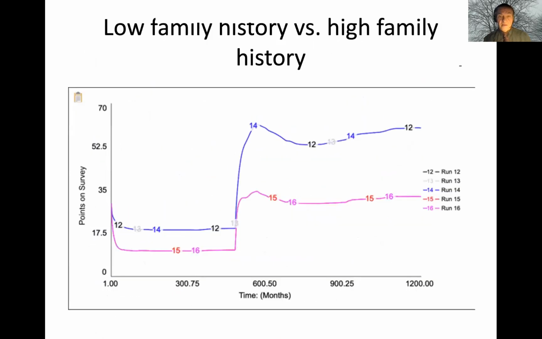And so it's difficult to tell you about the model in such a short period of time, but I'd love to correspond with people. We have a prediction that shows low family history versus high family history, and the difference being dementia onset in the early 60s versus not at all, with everything else staying equal. So that's all for now.